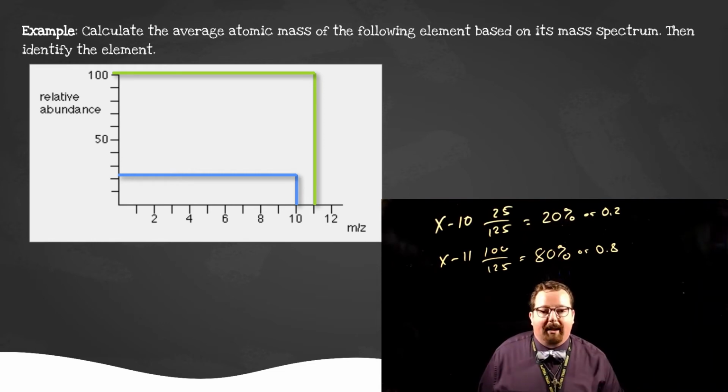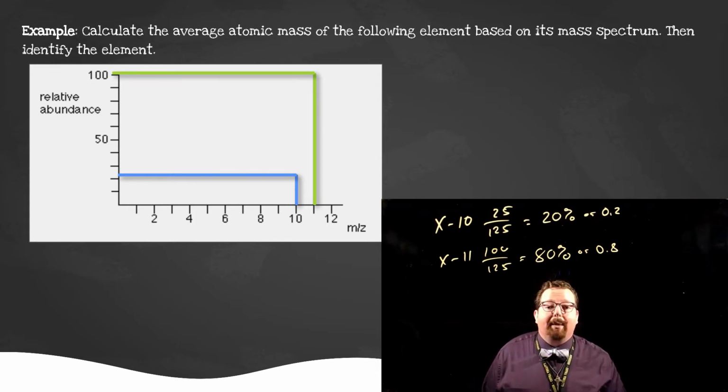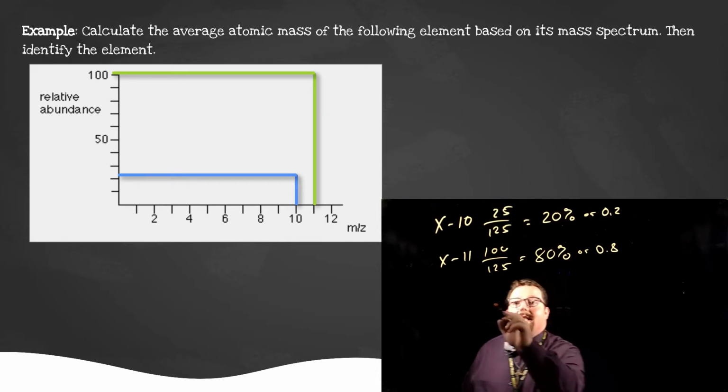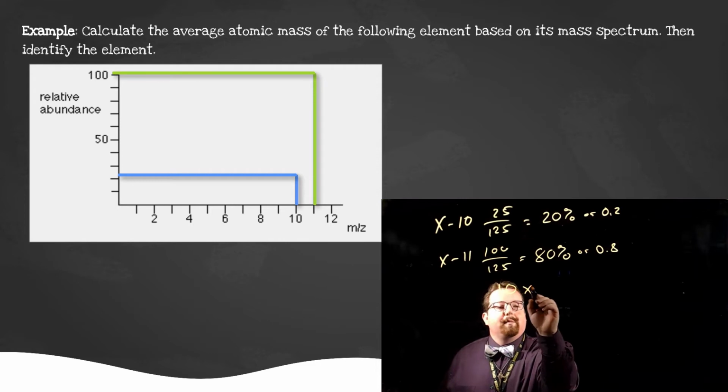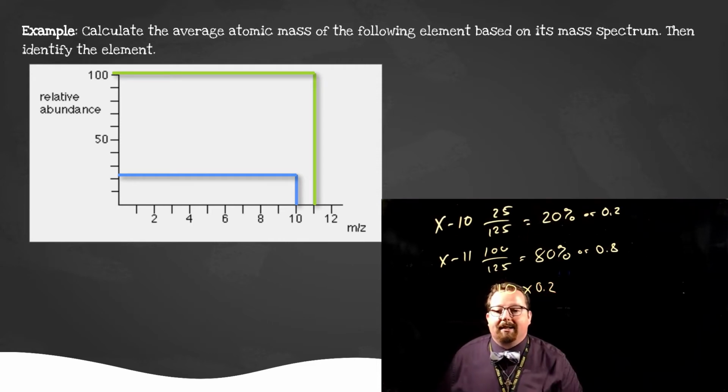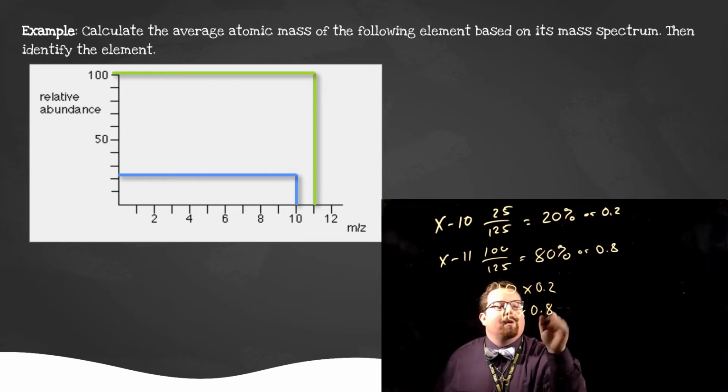If all of the peaks on your graph added up to 100, you'd be able to skip this step because that would come out the same as the percent abundance. Now we can move on to calculating the average atomic mass. You take your 10 times 0.2 or 20% and 11 times 0.8 or 80%